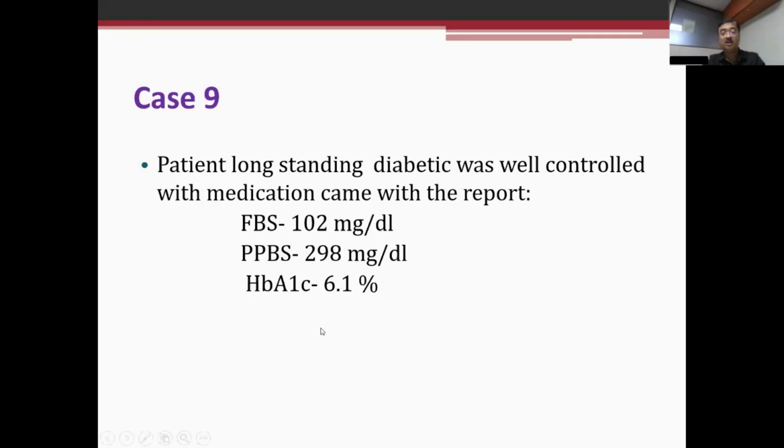So if you are really in a follow-up mode, then you should instruct your patient at what time to give the PP sugar. Because at the end of the day, if you chase 298 and give a higher medication, the patient is going to have hypoglycemia. So the responsibility lies on the shoulders of the clinicians as well. And if the clinician doesn't do his part, to save ourselves, we have to educate the patient about it.